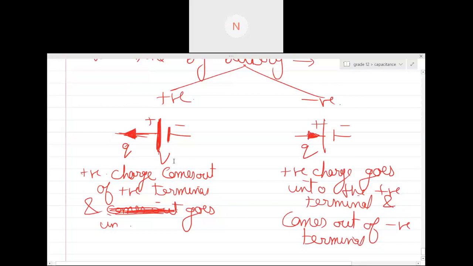The electric field inside the battery is trying to push it towards the left, and the charge is also coming out of the left. So basically, the work done is positive. Okay, but in that case, it has to do some work against the electric field inside the battery. Got it, got it. Thank you, sir.